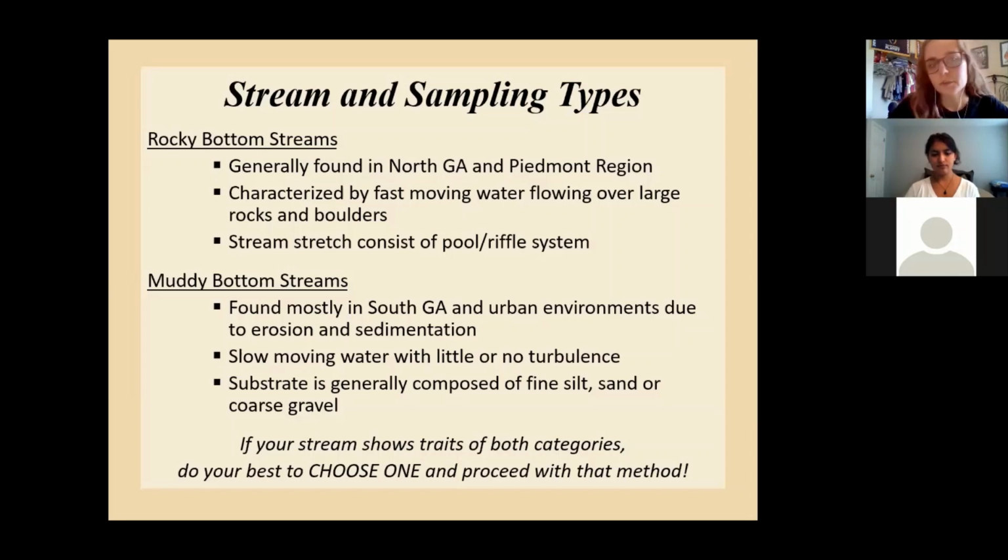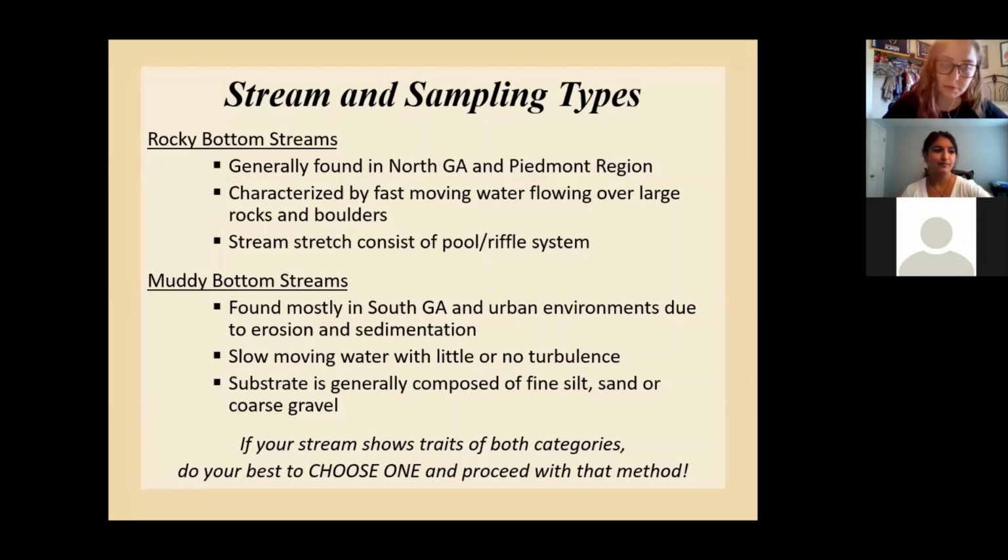So you'll have a riffle area, then you may have a run, which is just a straight area of flowing water, and then with the natural sinuosity of the stream, you'll have some pools as well. So riffle, bubbling; a run, water just flowing straight; and then at the bend, you may see a natural pool at the curve where water may not be flowing as strong as it could be in that run area. There are some great visuals of this, which would probably do a better job than me explaining it, so we can share those with you as well.